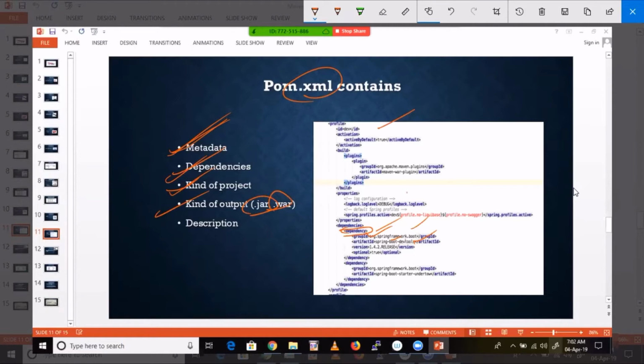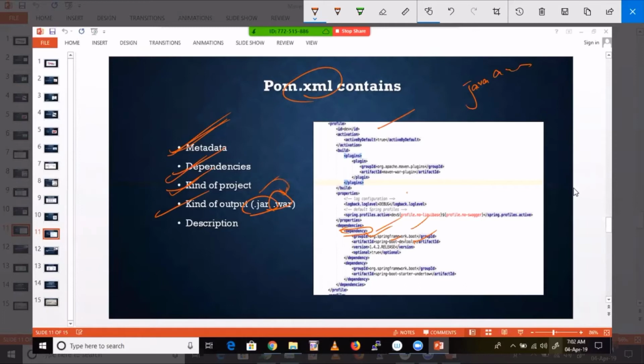In simple terms, jar means Java archive, a group of classes. Just remember this one. War means web archive. A war is a group of jars, in simple terms.